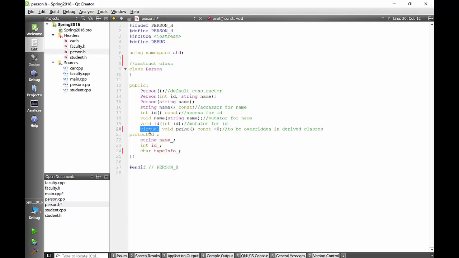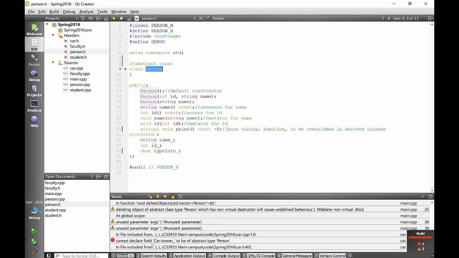So we create at least one virtual function which has equals 0 here, and when we do that, we are telling the compiler that this is a pure virtual function. I'll write this here, pure virtual function, and then we cannot create an object of this person class anymore, and I'll show you that in a second. So right now